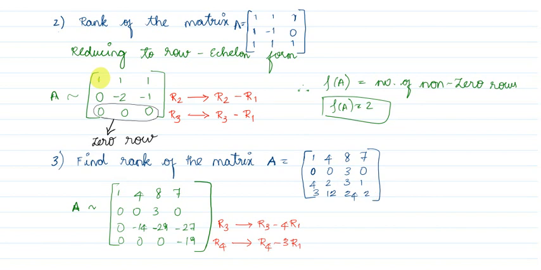Similarly, R4 minus 3R1. 3 minus 3 times R1. The first element will obviously become 0. And the second element, 12 minus 4 into 3, which is 12, is 0. Then 24 minus 8 into 3, which is 24, is 0. 2 minus 7 into 3 is 21, so 2 minus 21 is minus 19. So see, here we have 1 zero, here we have 2 zeros, and here we have 3 zeros.